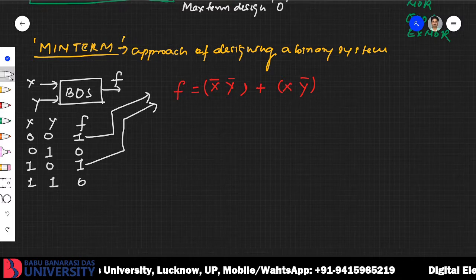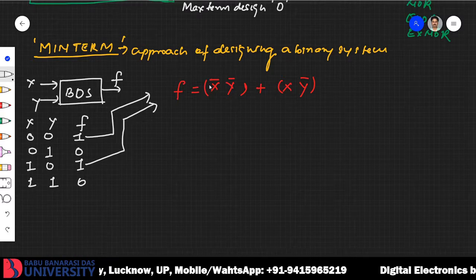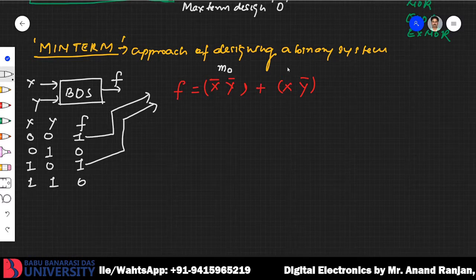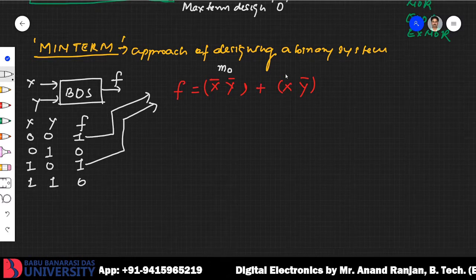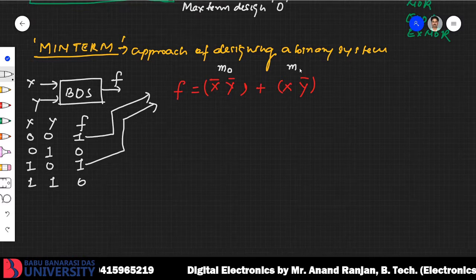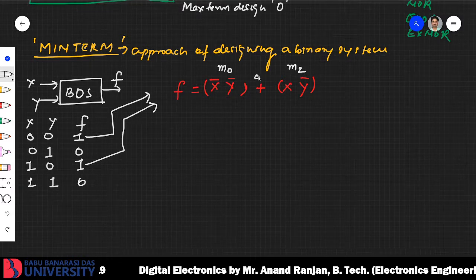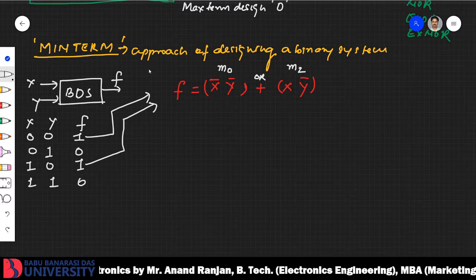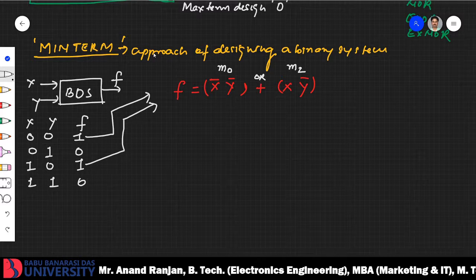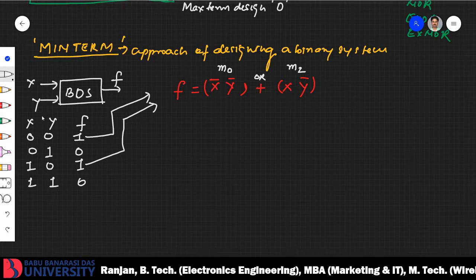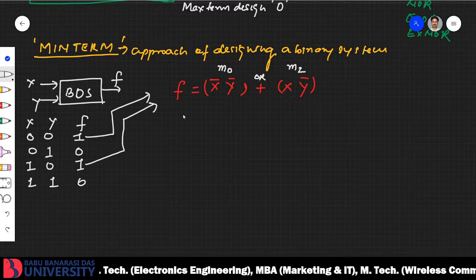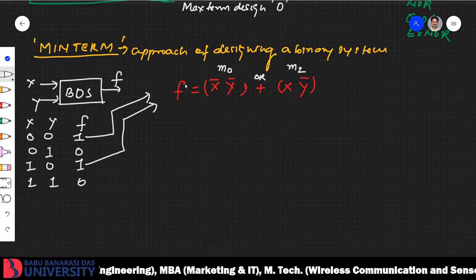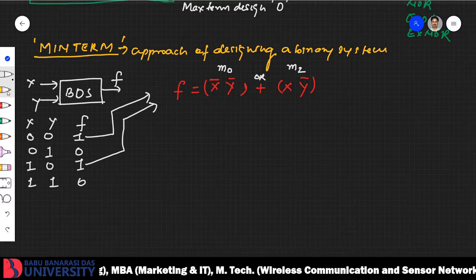In this expression, the first term is represented by small m0, and the second by m2, and the OR operation puts these two terms together. This is the min-term expression representing the even and odd problem in a mathematical or logical form, in a Boolean expression form we can say. Okay, so what we can summarize here,